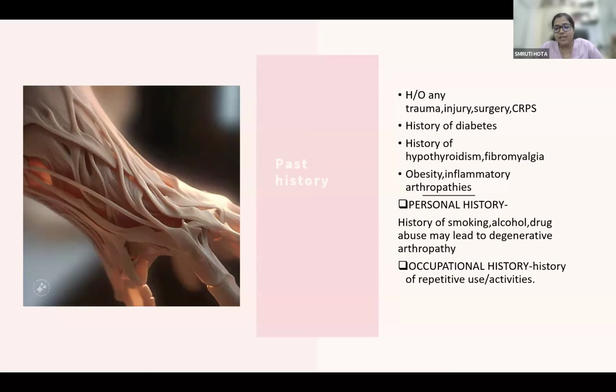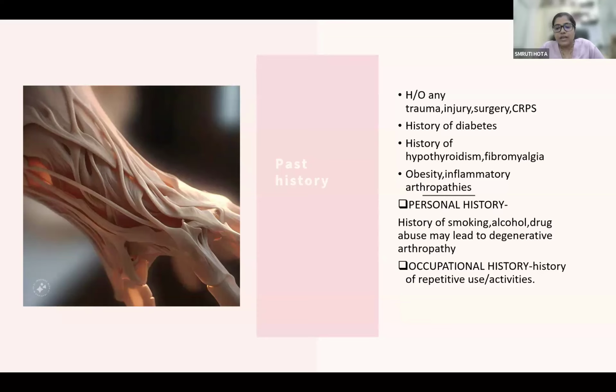Then coming to personal history, history of smoking. Smokers are more prone to degenerative arthropathy. Smokers are more prone to vascular disease. Similarly, alcohol and drug abuse patients are more prone to lifestyle disease like diabetes, any vascular disease, atherosclerotic arterial disease. This history also carries equal